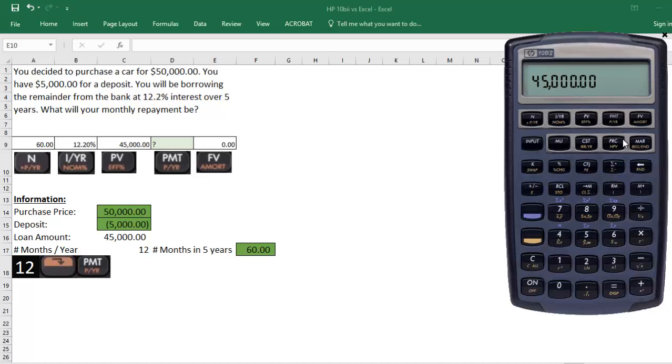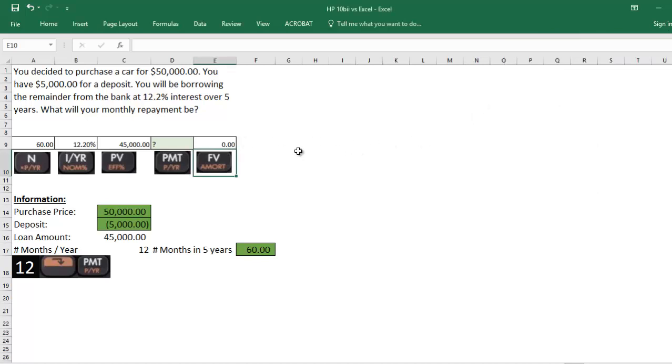The payment, that's what we want to work out. Future value, 0. So what is the payment? Take note, it's a minus. We're paying the money out, therefore 1,005.55. Now when we get to Excel, it is going to be slightly different. So thinking caps on,